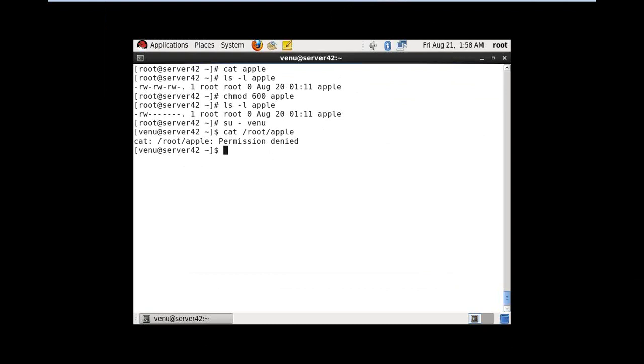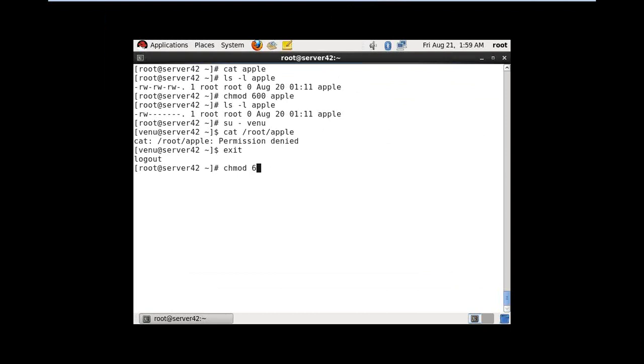Okay, that I understood. My question is: if I remove the read permission from a file, but I have given write permission along with execute permission, then is it valueless? Like this. What you are telling means, I think, chmod